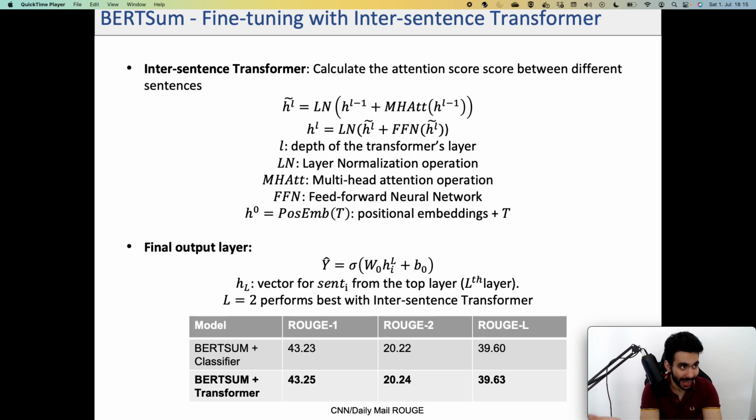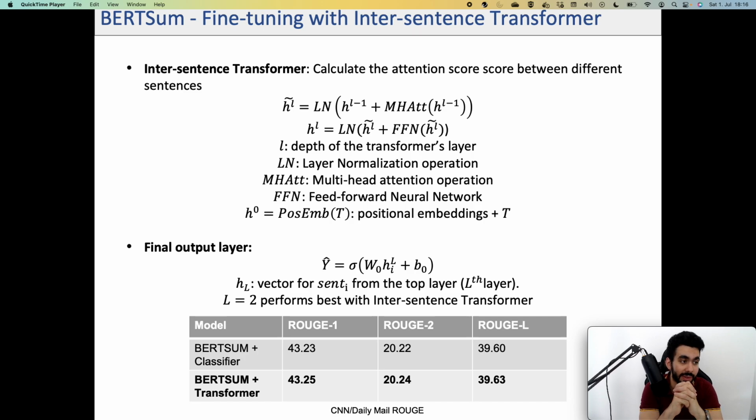And so a normal multi-head attention operation is applied here with a final output layer with the sigmoid function again. From the paper, they found out that L equal 2, where L is the number of layers of the transformer, performs the best